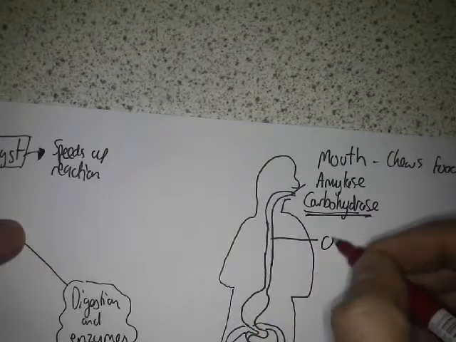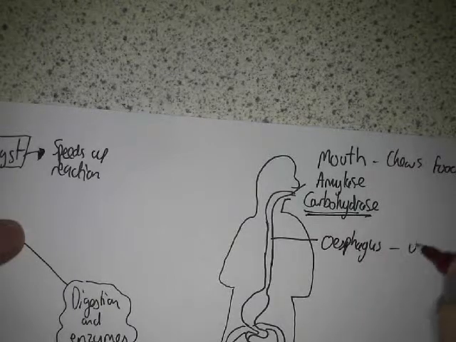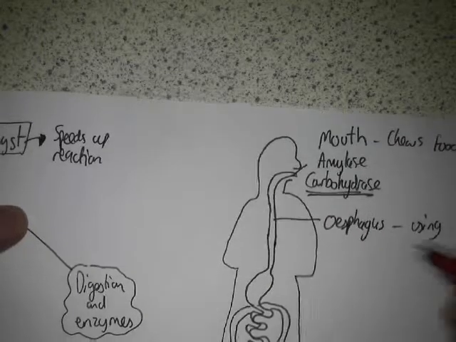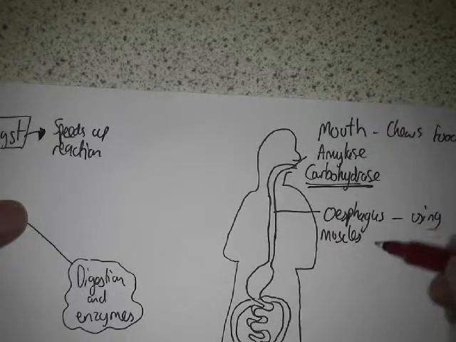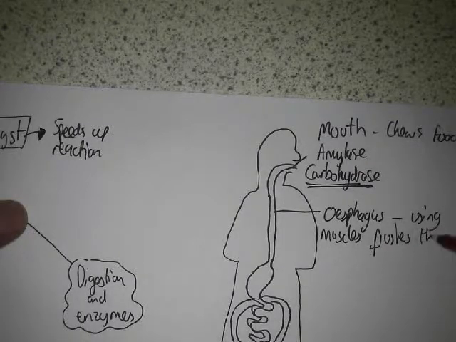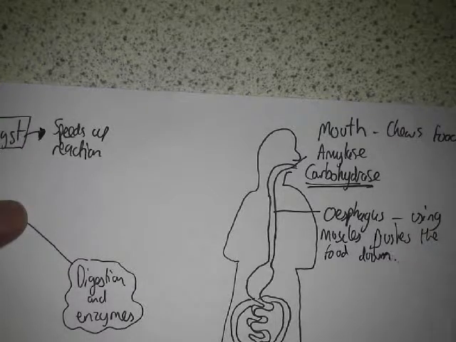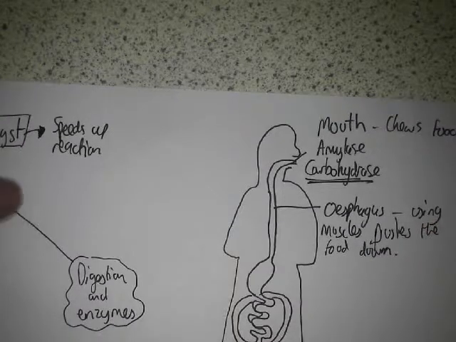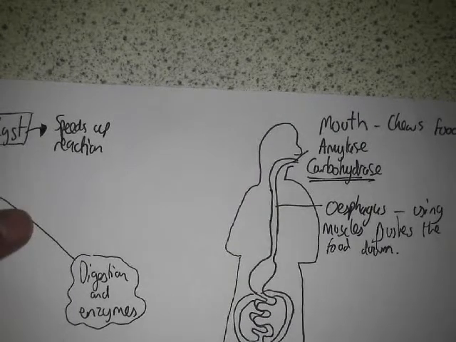The esophagus, using muscles, pushes the food down. So it actively has to push the food down. It doesn't just fall through gravity. Right, next up